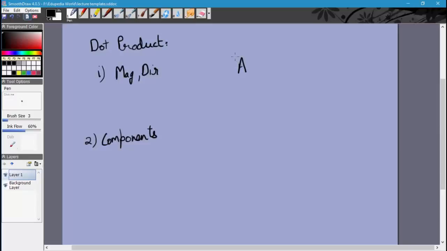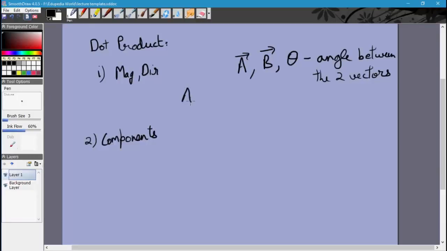If we have two vectors, the first vector is A and the other vector is B. And now we don't need the direction of the two vectors. All that we need is the angle between them. Let's say that is theta. Theta is the angle between the two vectors. We've already seen in the previous video that the angle between two vectors is defined as either the angle between their tails or their heads, but do not take the angle to be the angle between one tail and one head. You'll get the wrong answer by a factor of 180 degrees. So, given the magnitude and direction of two vectors, that means the magnitudes are A, B and the angle between them is theta. A dot B